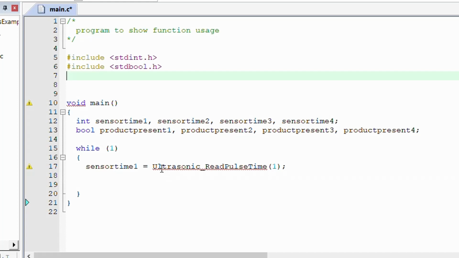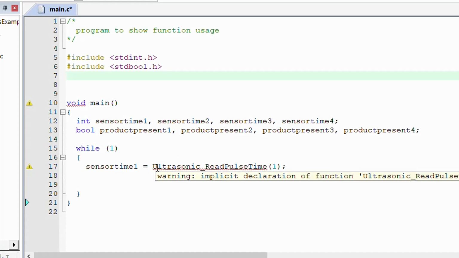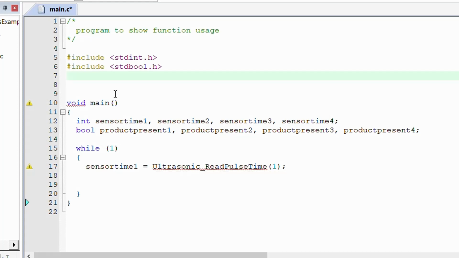But just assume that we have some kind of function, ultrasonic read pulse time, and I pass a value here, which is the sensor number. So 1 for this, 2 for that, 3 for that, and 4 for that. The first thing you can see is that it is not being recognized by our program, in this case implicit declaration of this function, which means that it cannot find how to use this function. Well, it's in a header file, as we learned, and in our case the description of how to use this function is in ultrasonic.h, and when I add it to our code you can see that the editor is not complaining anymore. And when I build it,